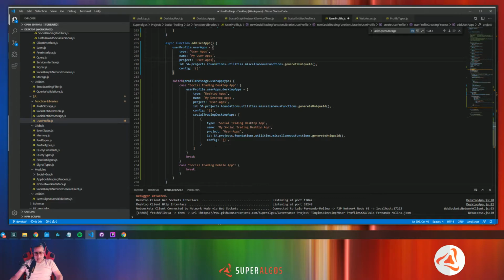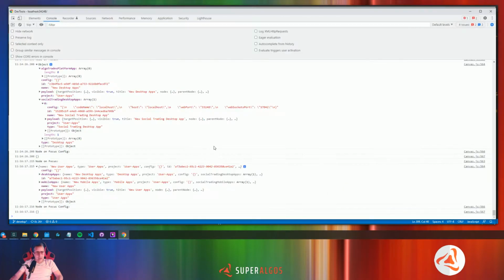Okay, so an array with one object called like this and a config that we're going to inspire ourselves with this one,